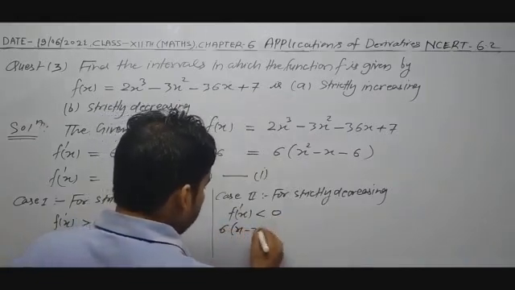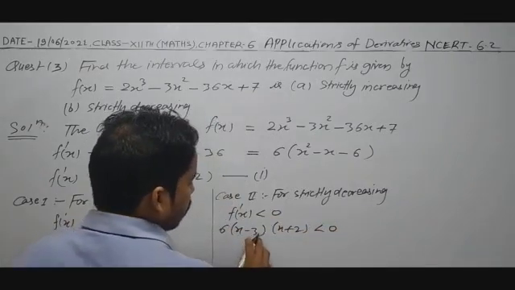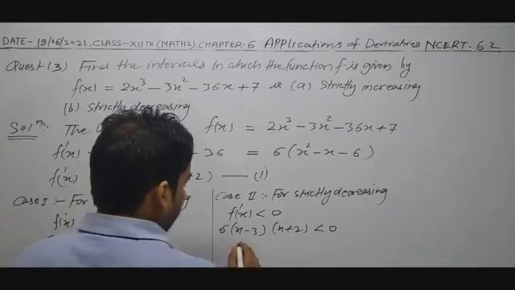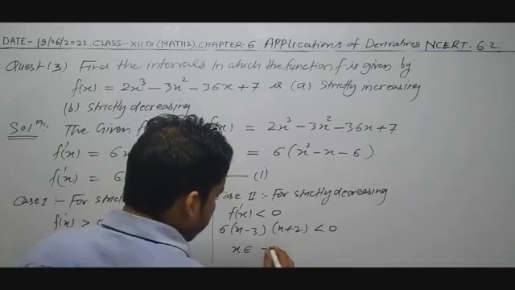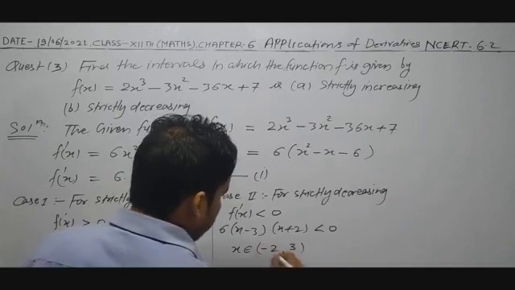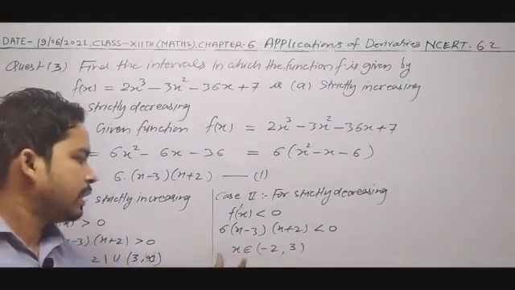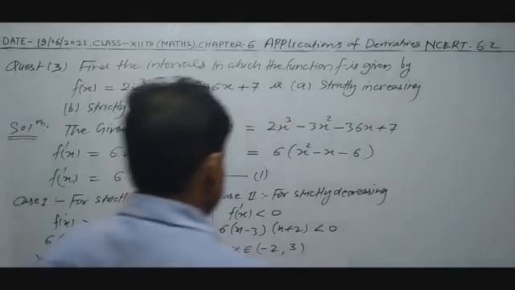So 6 times (x minus 3)(x plus 2) will be less than 0. This is minus 2 and 3, and its result will be x belongs to minus 2 to 3 in open interval. So minus 2 to 3 is the decreasing interval, and minus infinity to minus 2 and 3 to infinity is the increasing interval. So see here, this will be the answer,